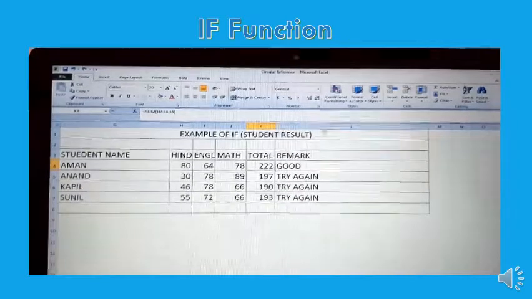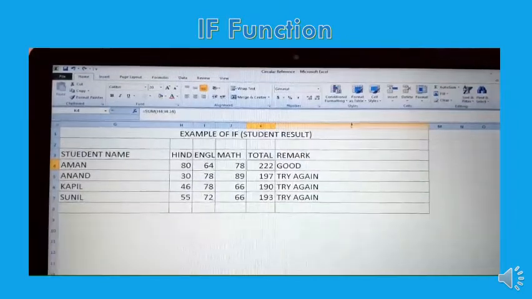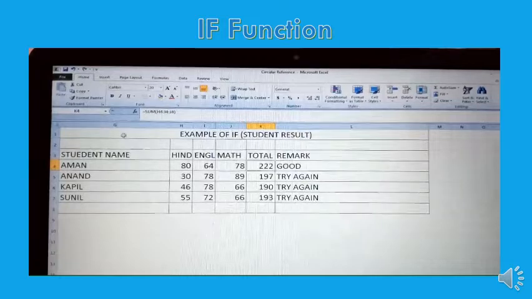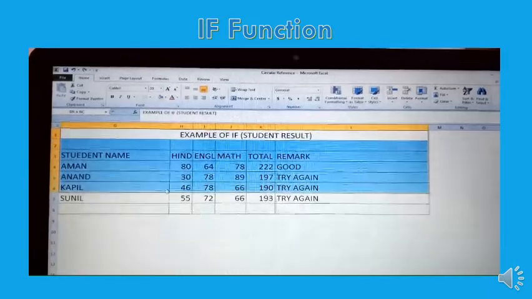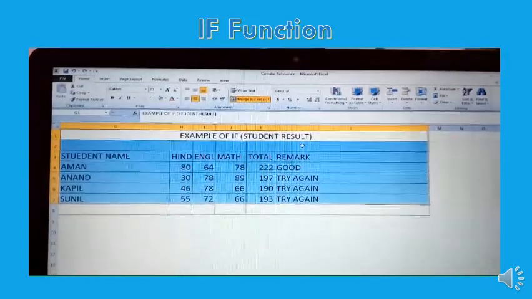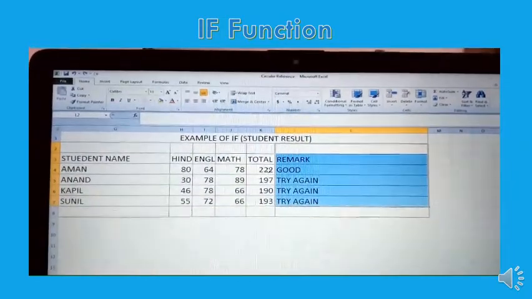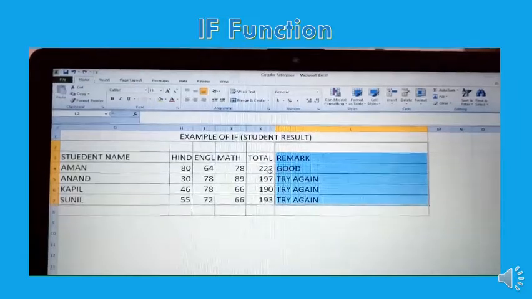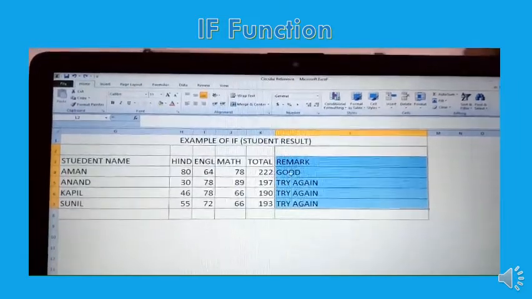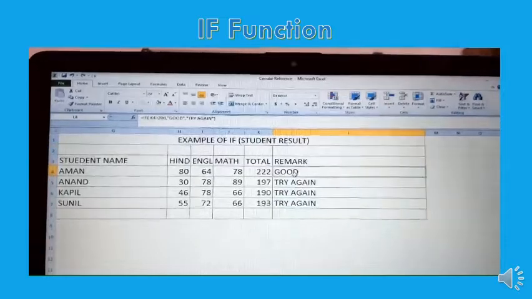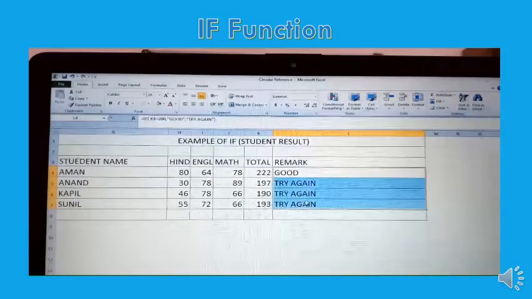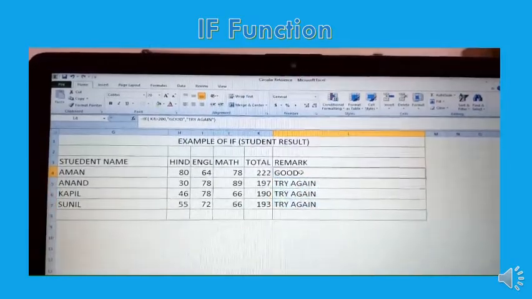This program is the example of if condition. What we do in if condition, suppose our teacher has given one problem. In that problem, what we have to do? You have to find out the remark of a student on the basis of total. What is the condition? If your marks are greater than 200, automatically you have to write this remark, good. If you have less than 200 marks, what we have to print?